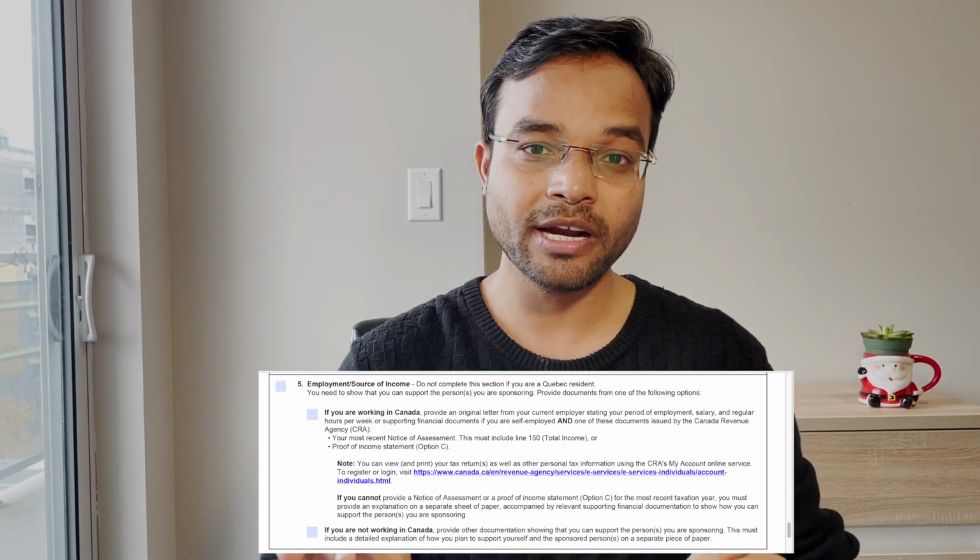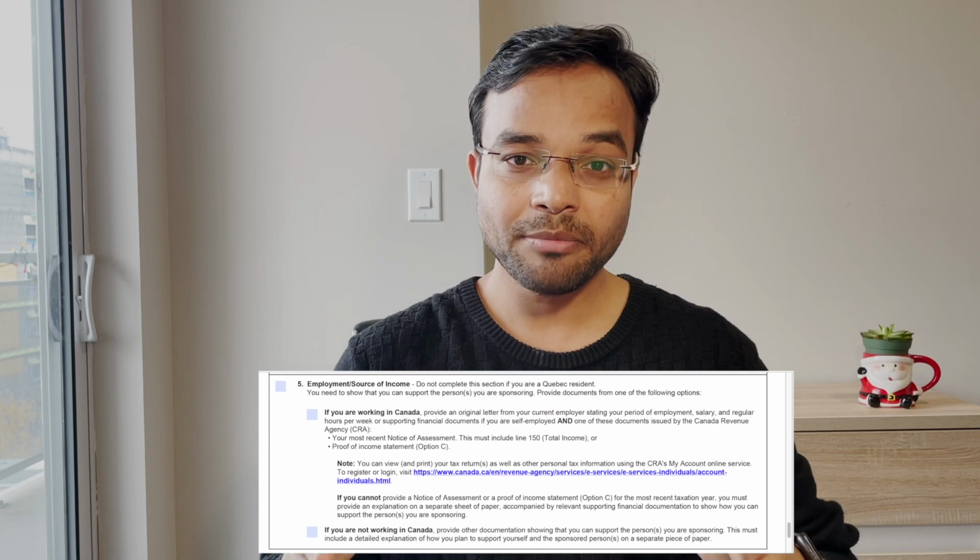And one of the most important documents for a sponsor to provide is a notice of assessment. There might be a case wherein you are not able to provide the notice of assessment, but I will strongly recommend that you reach out to a qualified CPA who can guide you how you can secure a notice of assessment. IRCC asks for the latest year's notice of assessment, but you can also provide the last 2 years of notice of assessment. Let me share my experience.